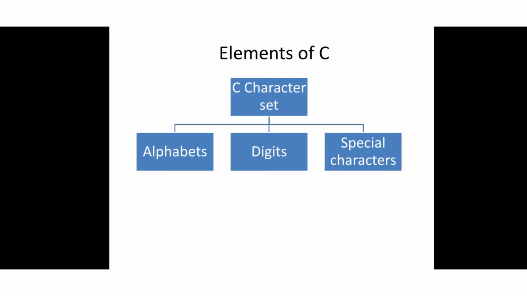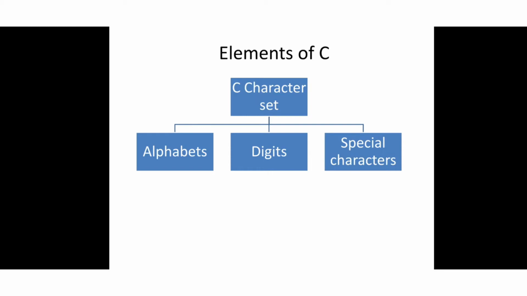Every language has some basic elements and grammatical rules. Before understanding programming, it is a must to know the basic elements of C language. These basic elements are character set, variables, data types, constants, keywords, variable declaration, expressions, statements, etc.